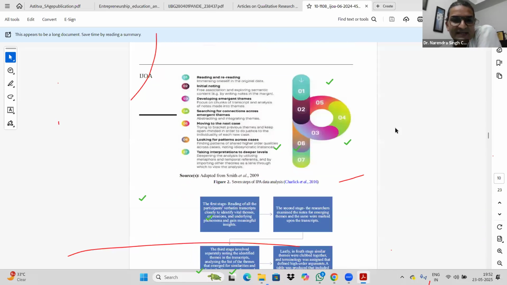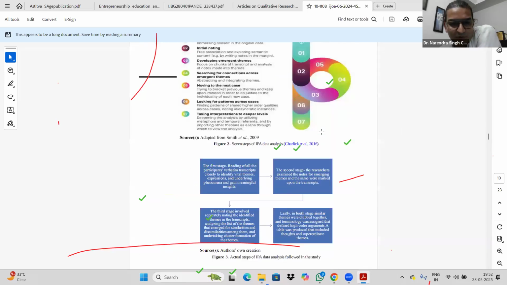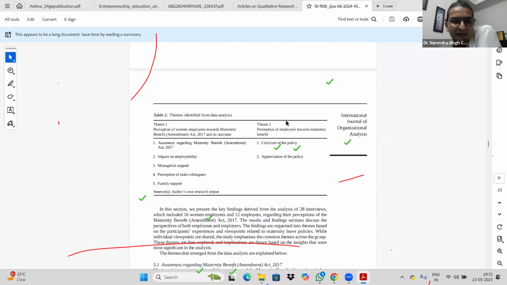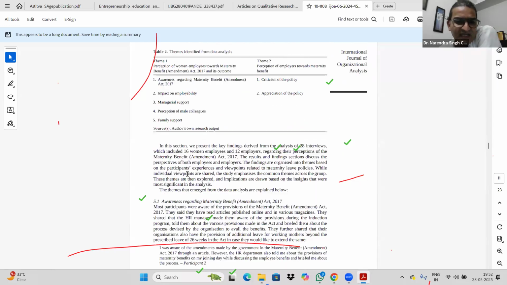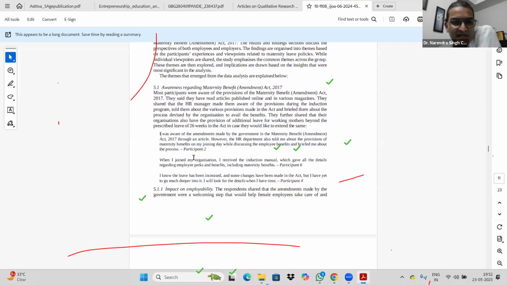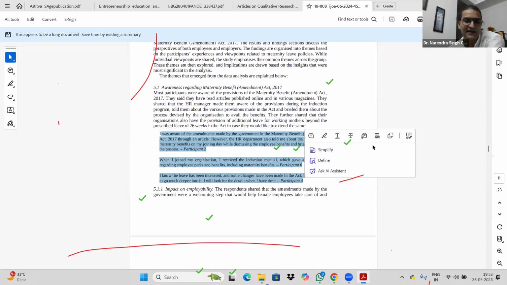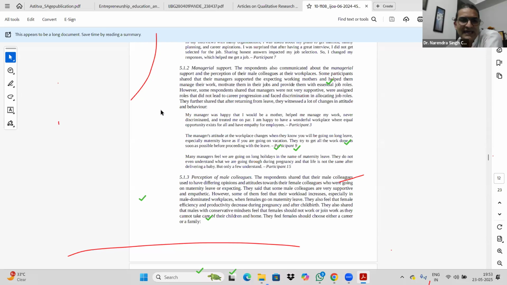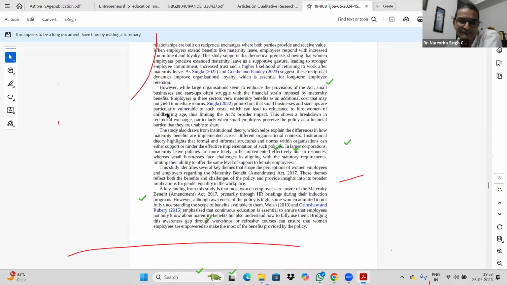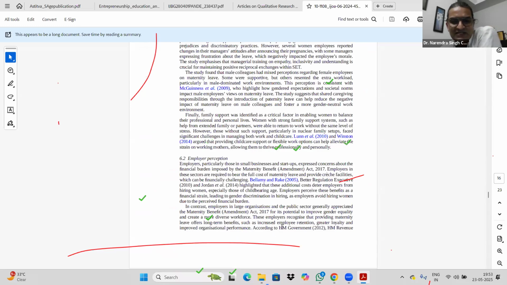Now the resultant findings, the process which I have followed, the steps that have been followed, and then I have given the various themes, and then one by one you can see whatever comments were coming from the participants, I have put their verbatims over here. And then finally I came to the last, that is the implications section and all that. So these are largely done. And last, I will show one more.